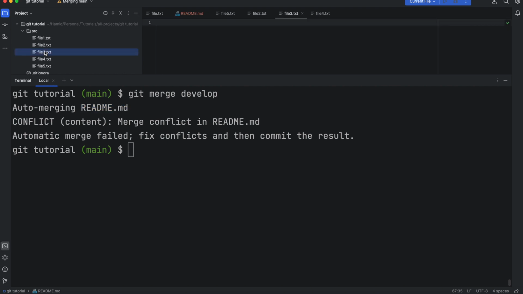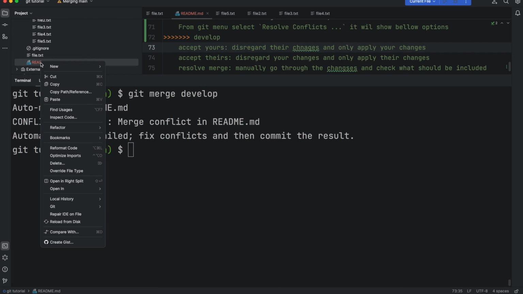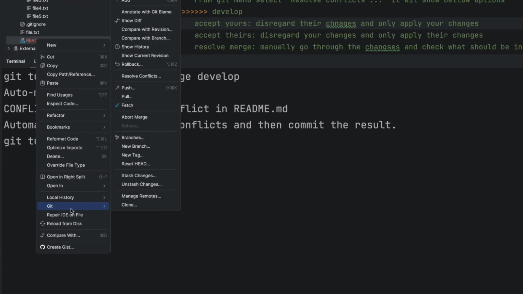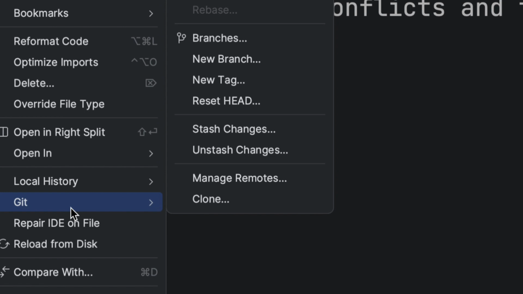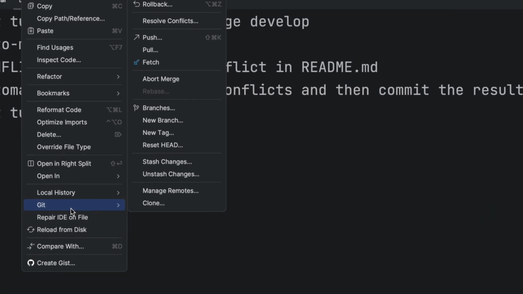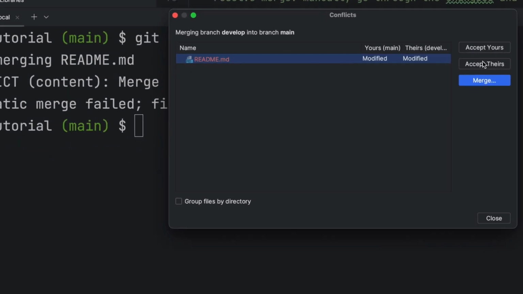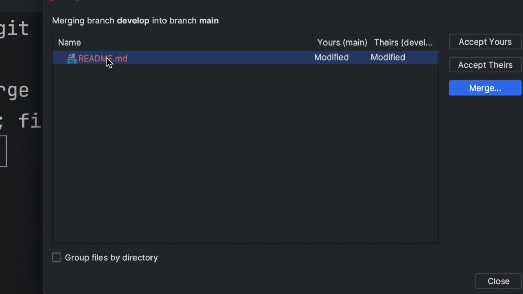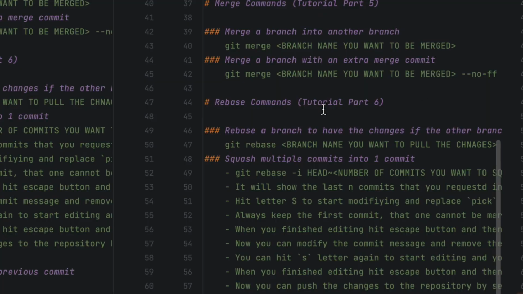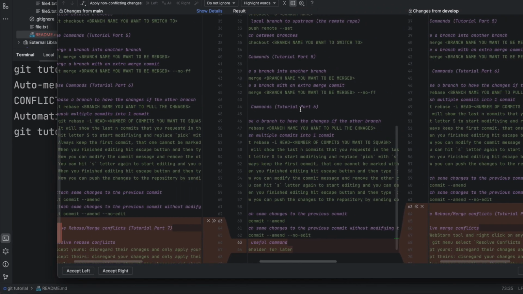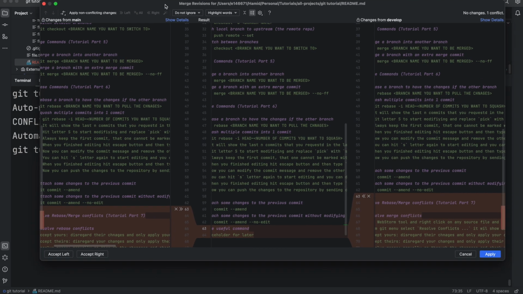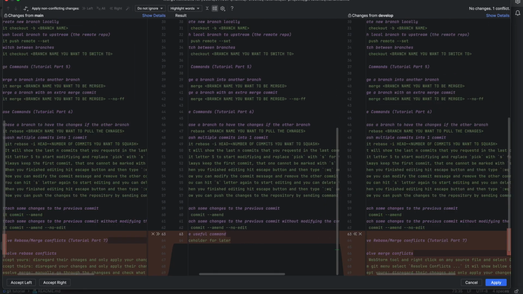So again, the same way that we did for rebase, we can just right click on any file, and then from that menu we can select git, and from this menu we can just click resolve conflicts, and it shows all of the conflicts that we have on these source files. And as you can see, we can select this. I explained what is accept yours, accept theirs, but mostly we use merge. In this case, it shows 3 views again. So if I want to make it a little bit bigger,